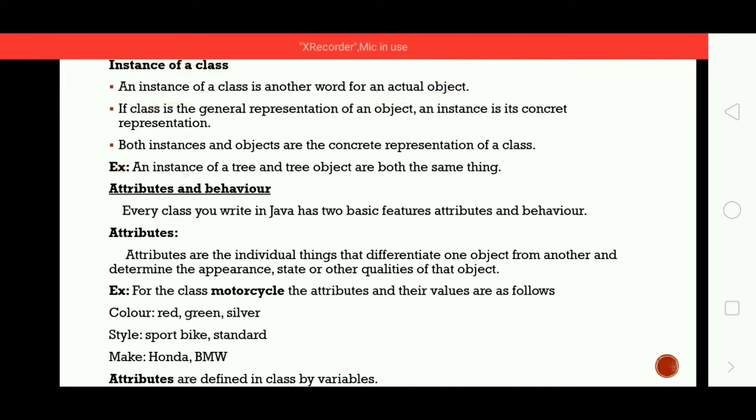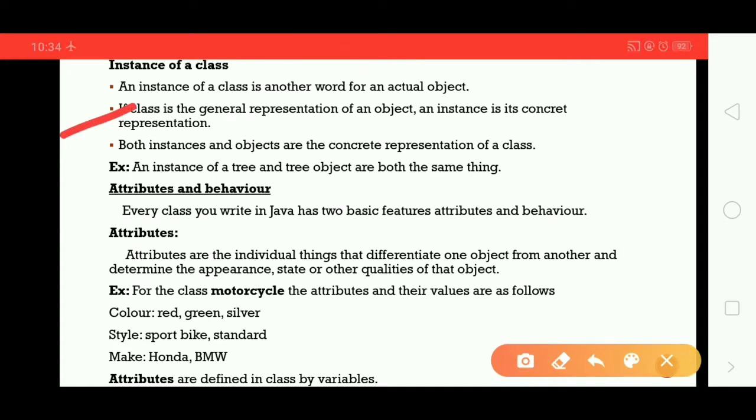Okay, if a class is a general representation of an object, an instance is its concrete representation. For example, the class tree states something about the tree object, but it is not going to give briefly the main implementation of the tree object.